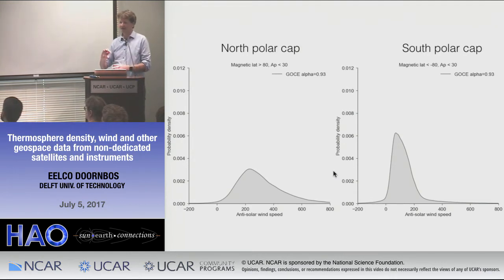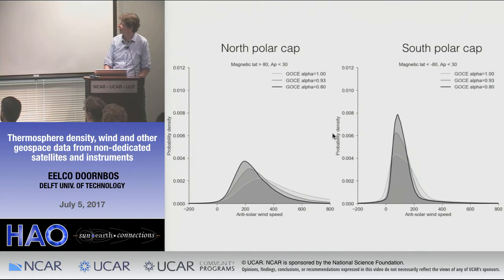There are different ways that we can process the data. So we have, of course, now different versions of the model. We have RECOM X1 and RECOM X2, and RECOM X2 is much better. We also might have a GOCE data version 1.5, that's the current version, and we are currently working on GOCE data version 2, which might be a lot better. And one of the things that we're investigating is this aerodynamic model parameter alpha, which is an energy accommodation coefficient. It basically